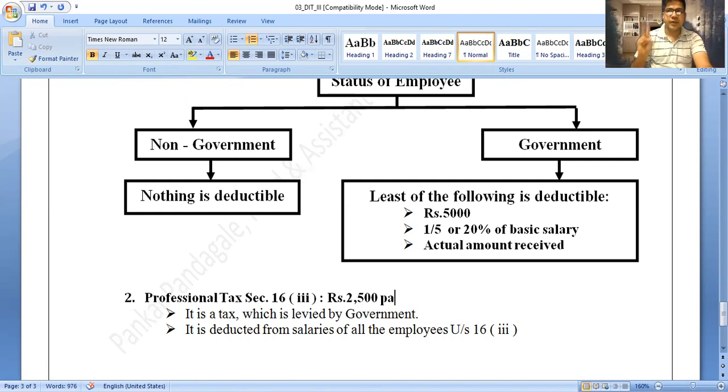Second deduction, entertainment allowance: for a non-government employee, no deduction. For a government employee, the deduction is applicable, and for that purpose we have to apply the rules. The rules are rupees 5,000 or one fifth of the basic salary or the actual amount received, whichever is less. Third deduction, professional tax under section 16 subsection 3 of rupees 2,500 per annum. So I hope you understood. These are the rules,